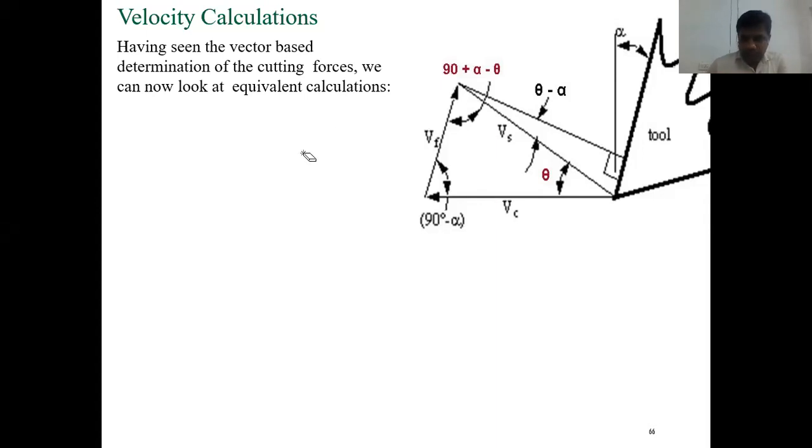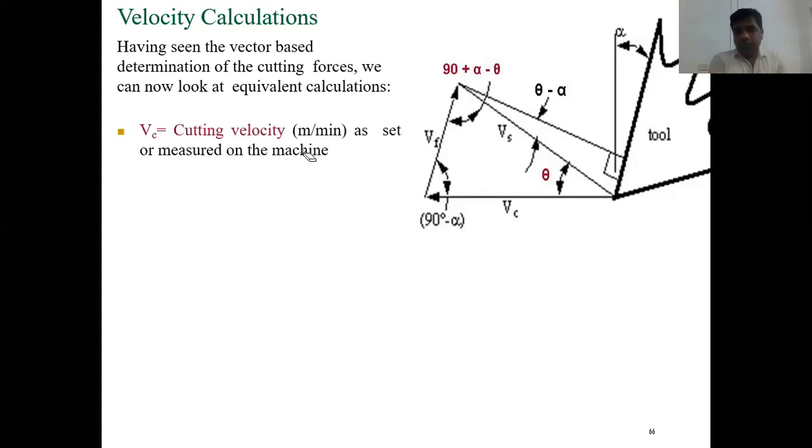The first one is the cutting velocity, at which your cutting tool is moving. It's not the workpiece velocity; the workpiece is not moving. It is the lateral movement of the cutting tool relative to the axis of rotation. That velocity is called the cutting velocity, the velocity at which the tool is cutting the workpiece. So in this, we take the typical Merchant diagram we have seen.